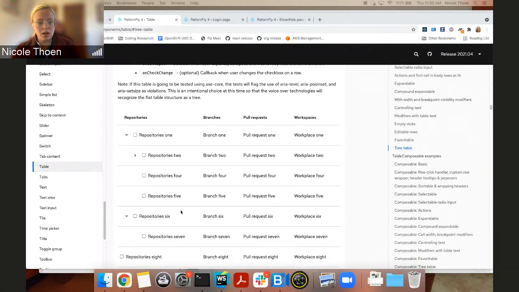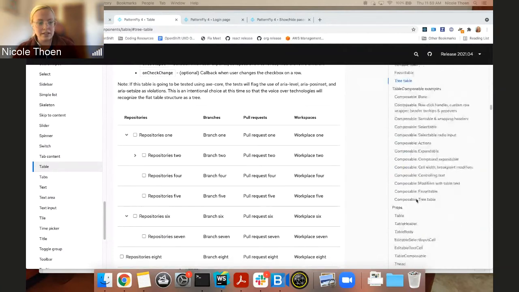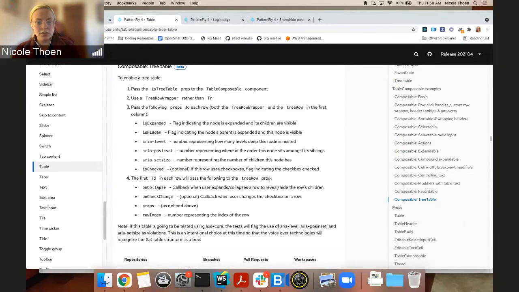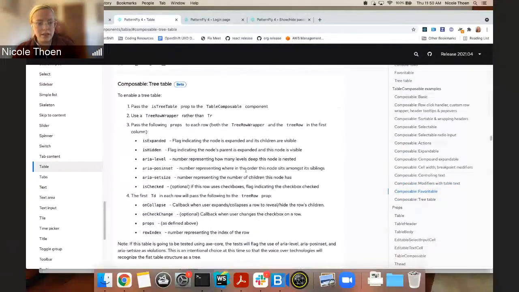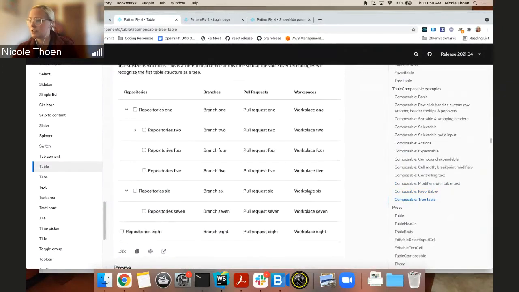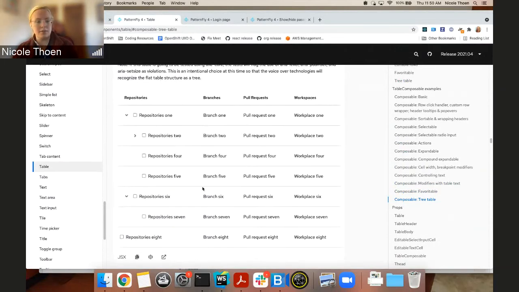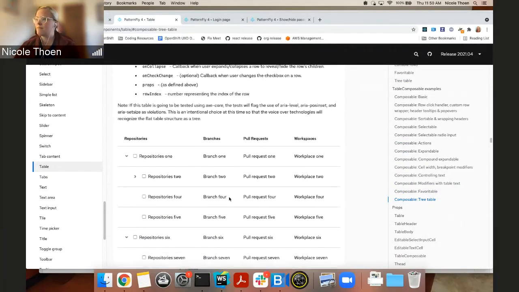We also wired things up so that the same features can be implemented using our composable table. We have also included configuration instructions in the example, but it basically is all the same features, so that's handy. We are also hoping to release the responsive solution for the tree table this upcoming release, so that's not quite in here yet. But we definitely encourage and accept all feedback on this enhancement while it is still in beta.